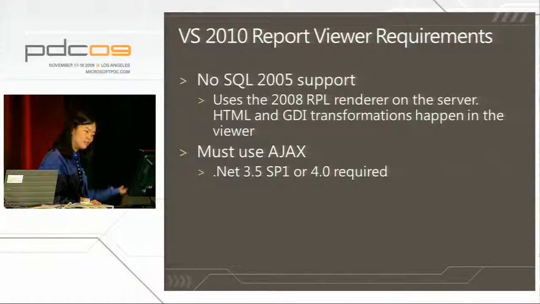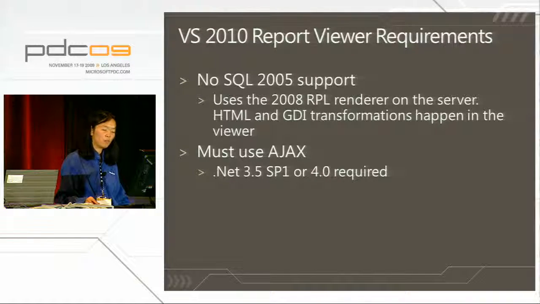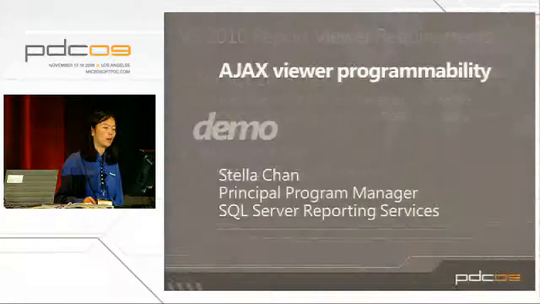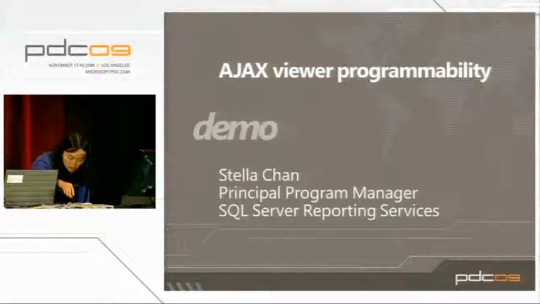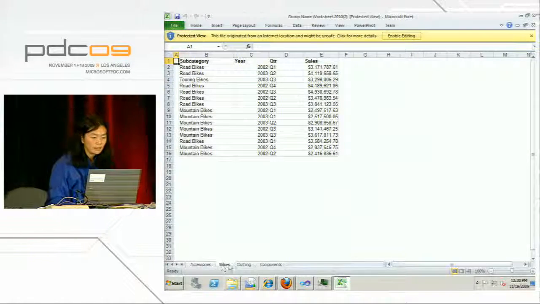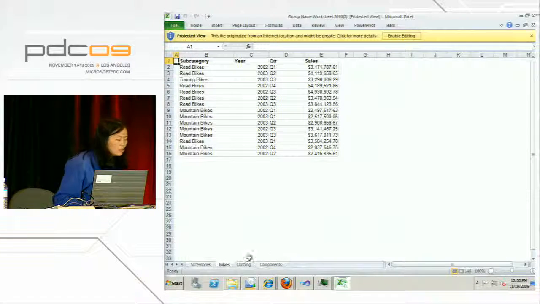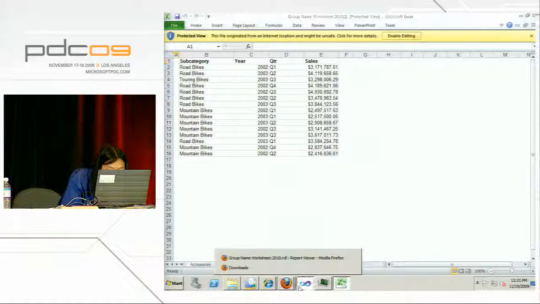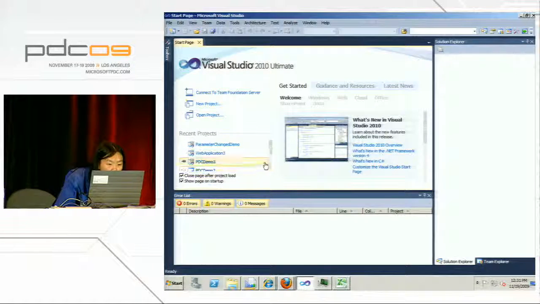And it uses AJAX for the ASP.NET AJAX control, and either 3.5 SP1 or 4.0 will be required. Just quickly, some AJAX demos. All right, I have pre-launched Visual Studio. What I want to show you is